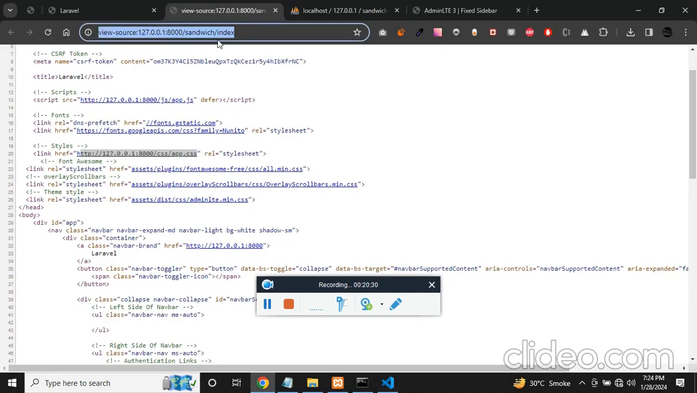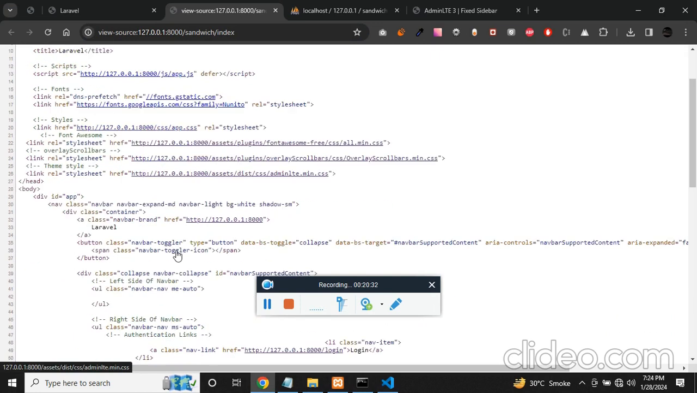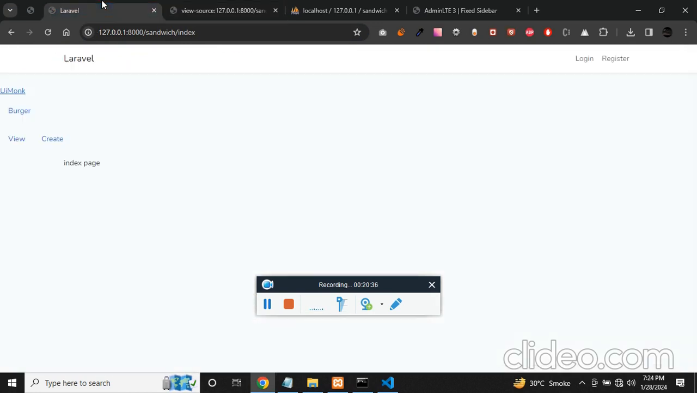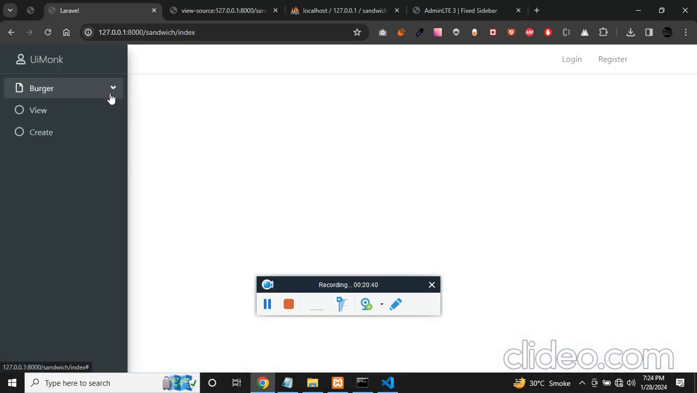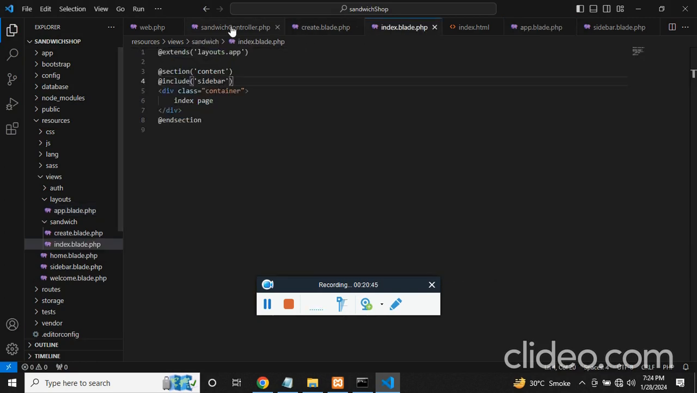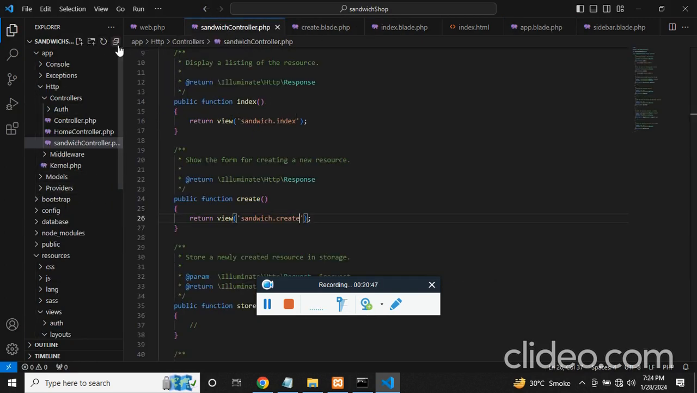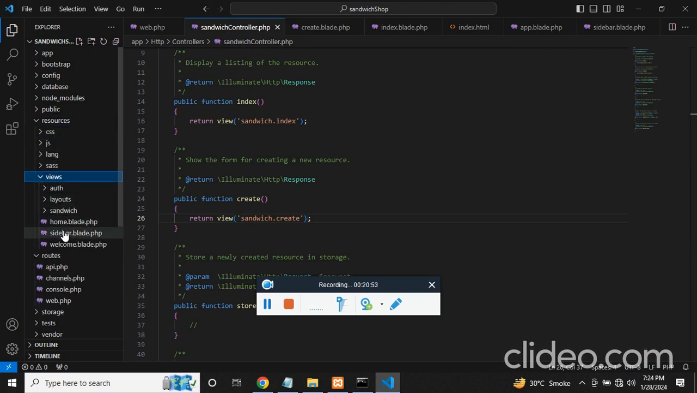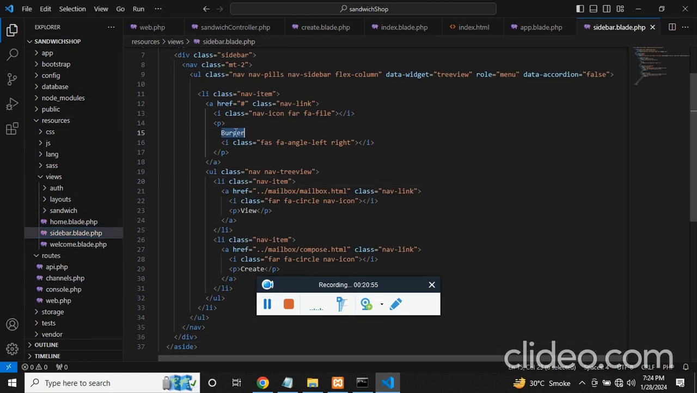Save it, and if you see, now it's linked properly. In this case, it's an absolute URL. So if you refresh, you can see the sidebar has come up. The sidebar is coming from resources, views, sidebar,